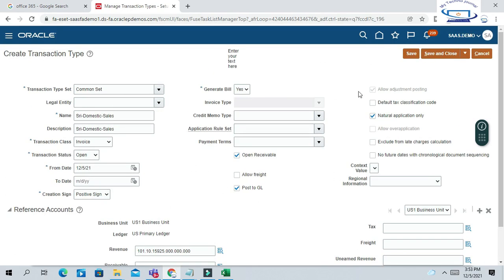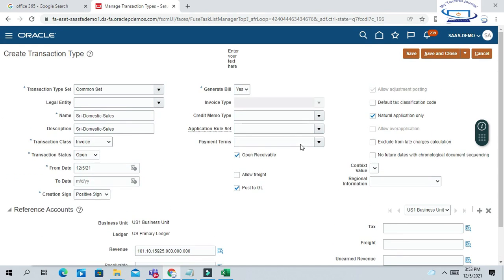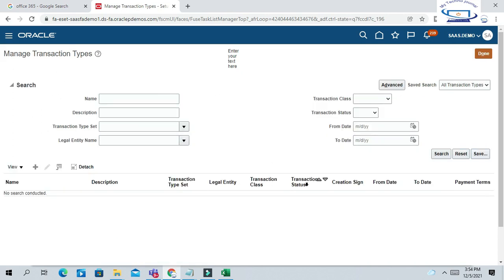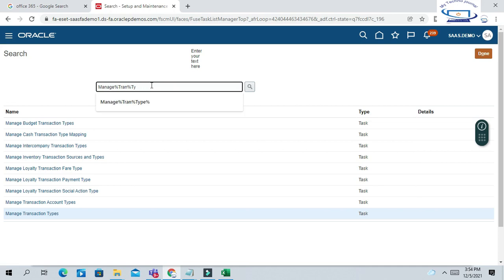So for that purpose we need to create pre-transformation rules. It's kind of defaulting rules for sales order. Domestic sales, click and close. Now navigate to manage pre-transformation rule.